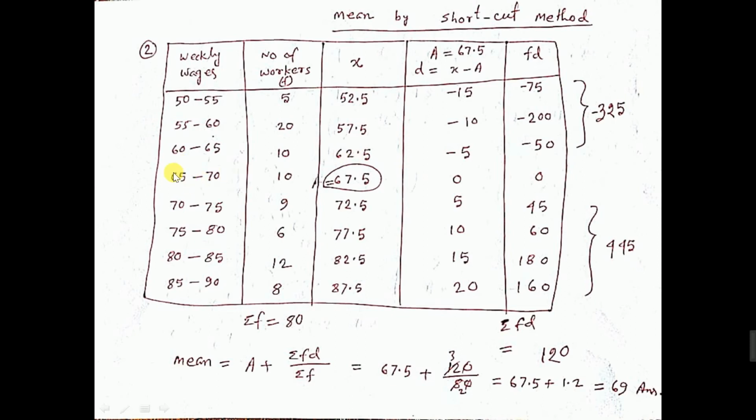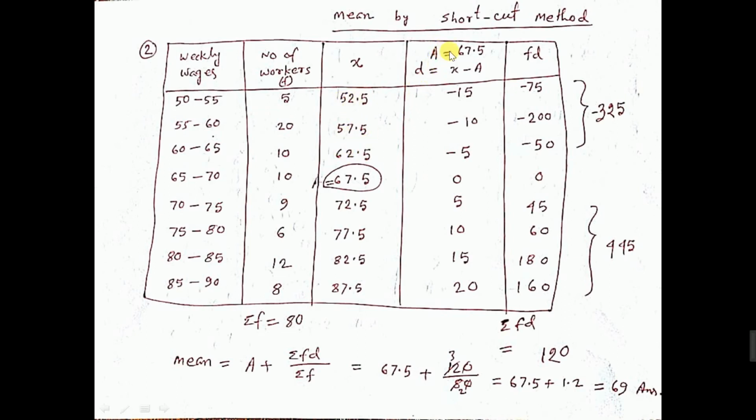Like this, with every first value you add 2.5, you will get the mid value. Similarly, here also the mid value. Otherwise, you can add this 2 divided by 2, you will get the mid value. Add this 2 divided by 2, you will get the mid value like this. So all these values I have considered as x. X means this or this or this, like this.